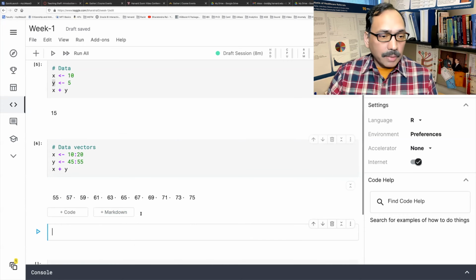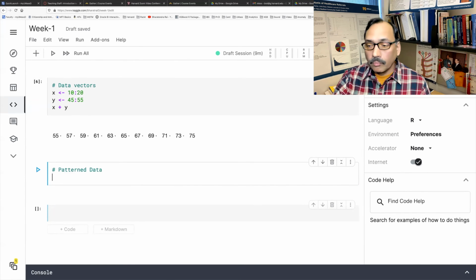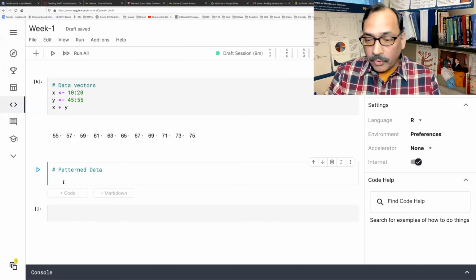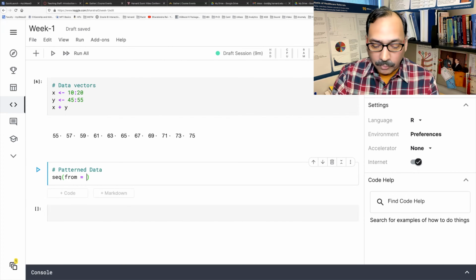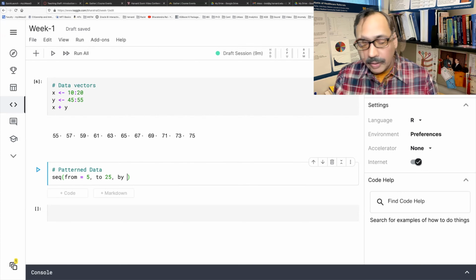Let me make another block, data with patterns. There is a function in R, seq, for sequence. Let this sequence be from 5 to 25. And then we can say the number should increase by a certain number.